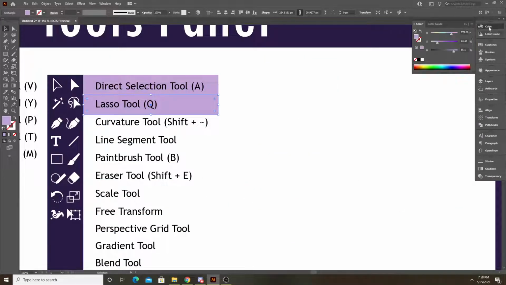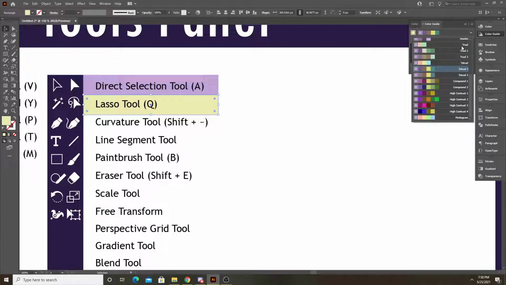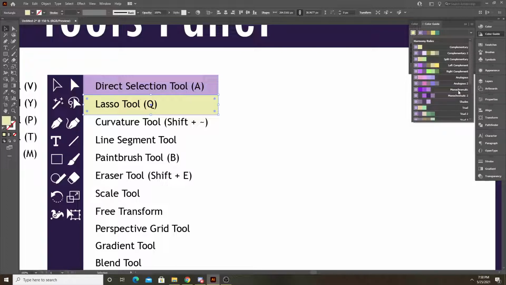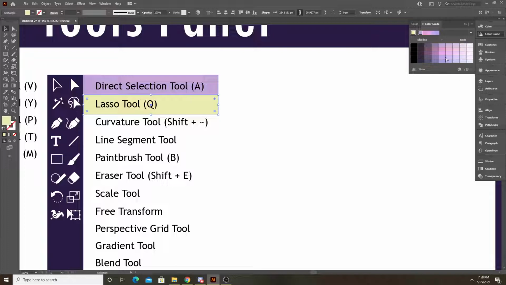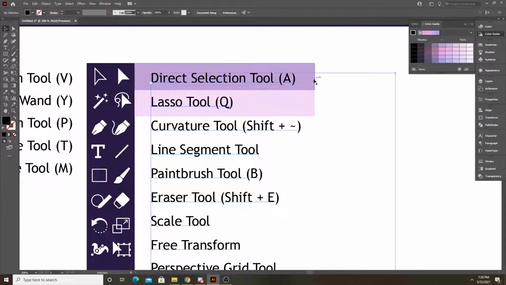Change the color of this one. I'll use the color guide here to pick a color that might go with this. Maybe yellow, or I'll click here and I'll try. Let's look at our analogous color guide and see what color I should pick with this one. I think I'll go with the pink. Yeah, I'll go with the light pink. Okay. Then once you have two of those,